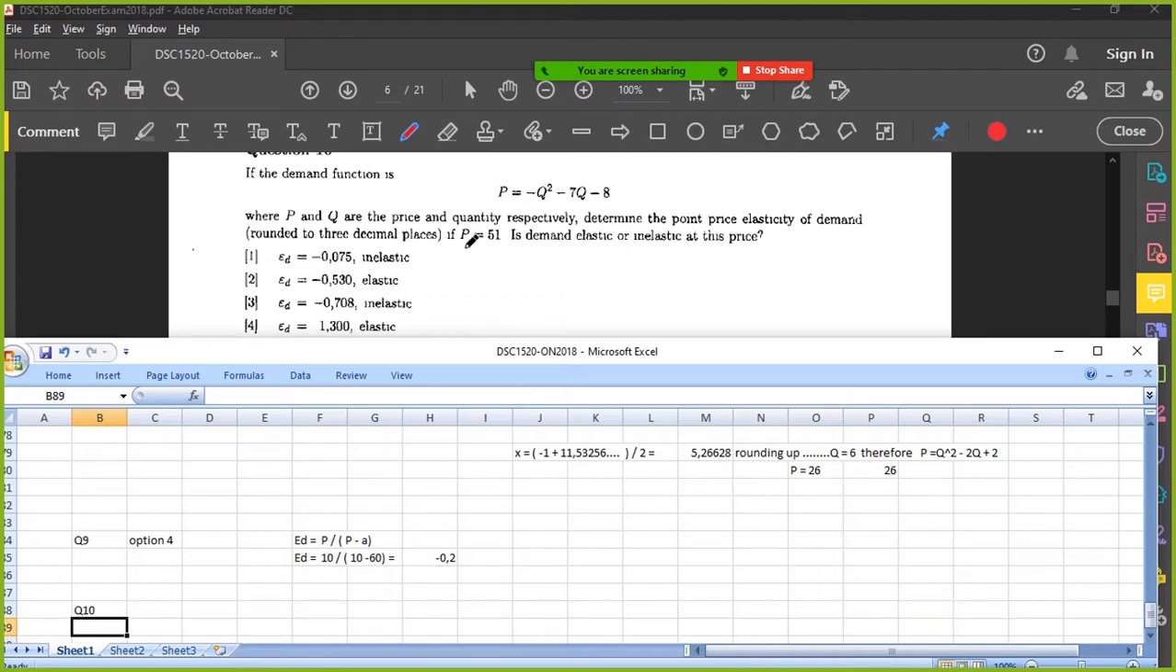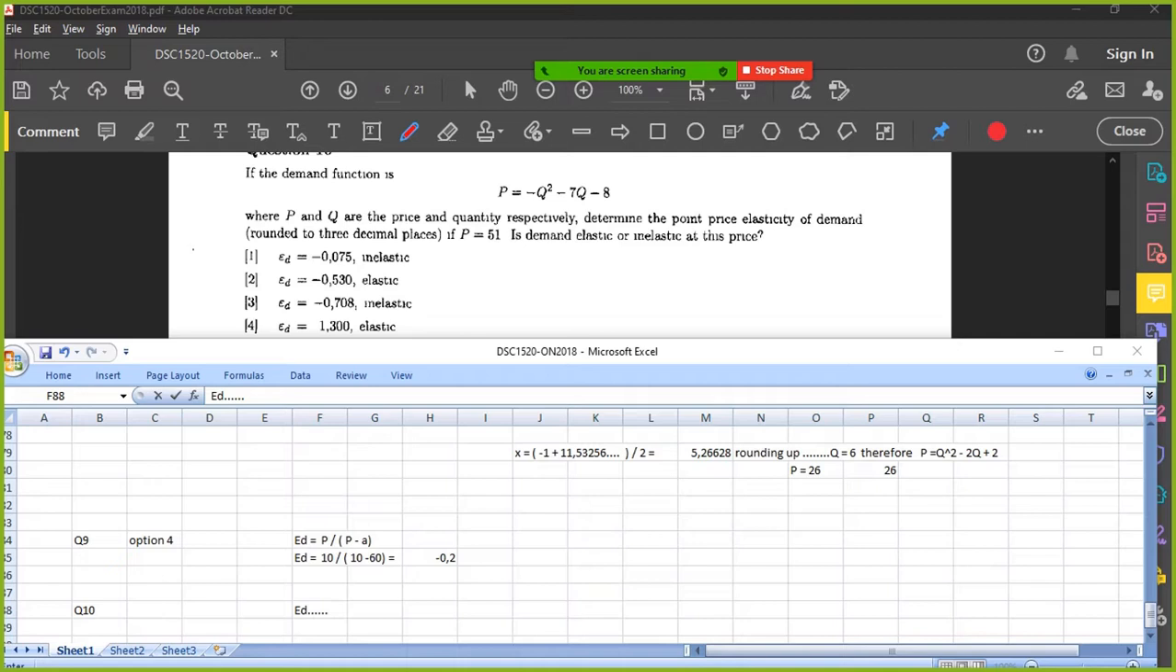I think this was the area under the curve, if I remember correctly. Right, so PD, or demand elasticity, or ED. Is demand elastic or inelastic? You're going to have to work out the point price elasticity of demand when you have a quadratic function. All right, for this one,